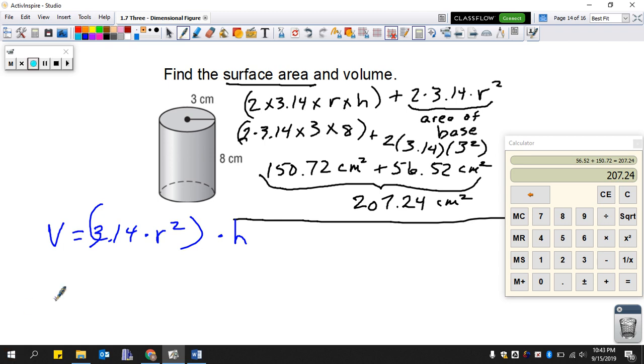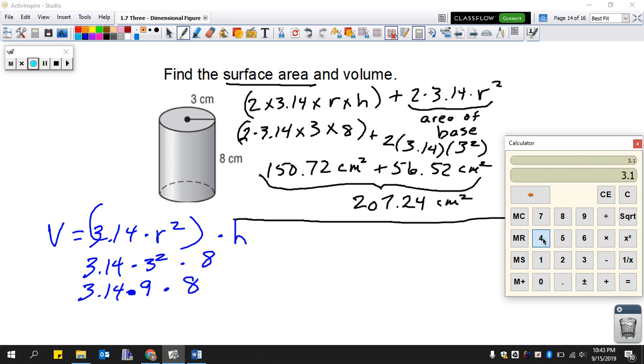So that's 3.14 times 3 squared times the height, which is 8. 3 squared is 9, times 8. Use our calculator. 3.14 times 9 times 8, and we end up with 226.08